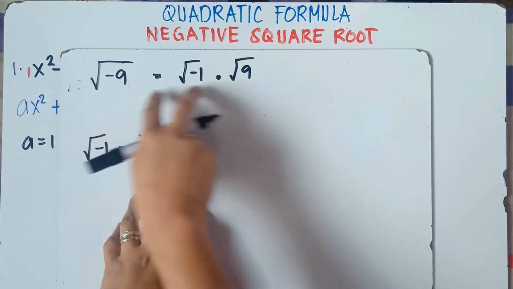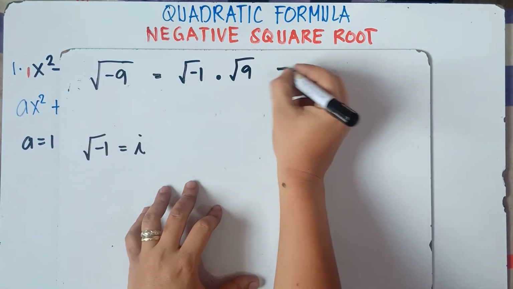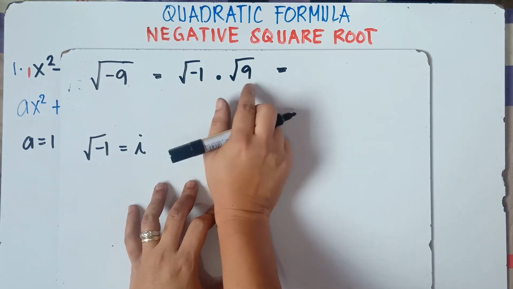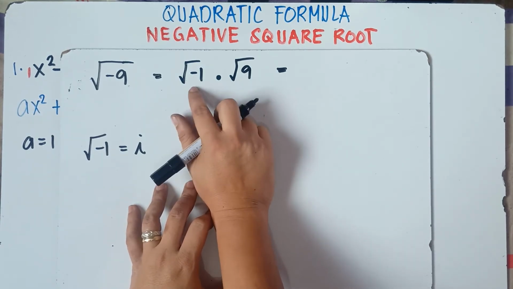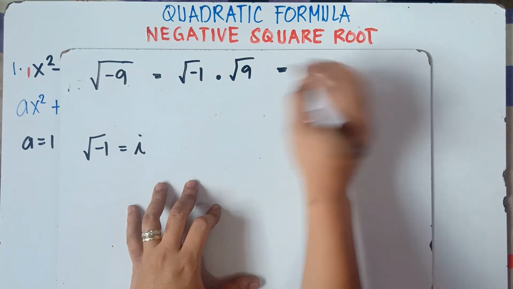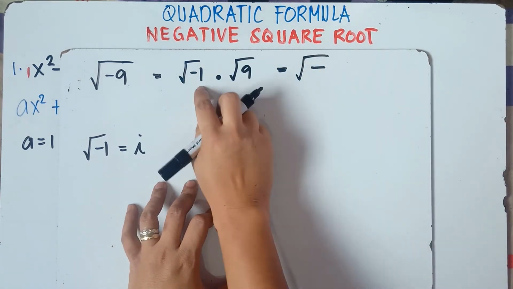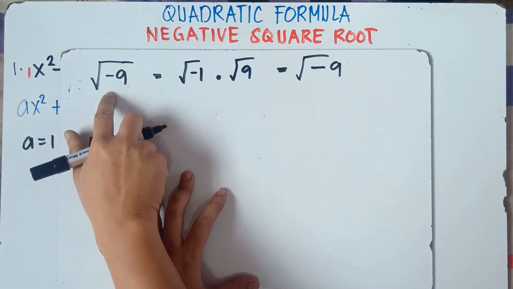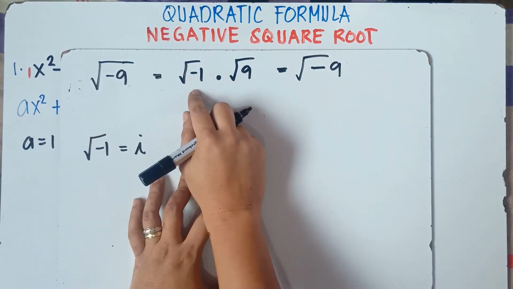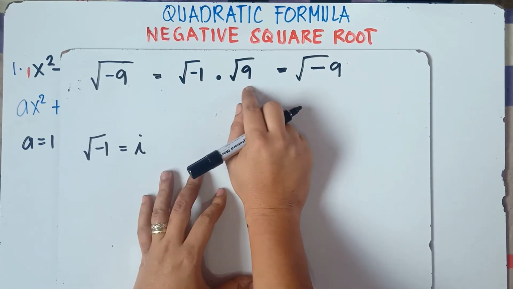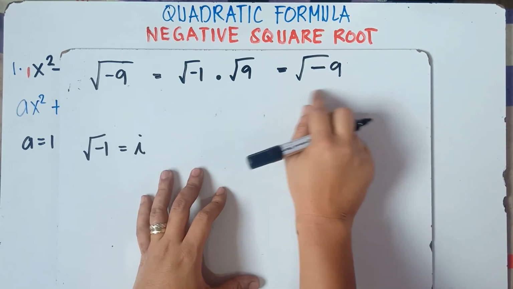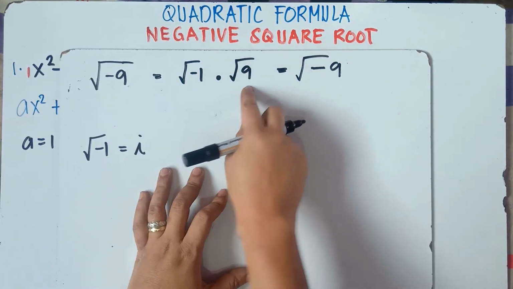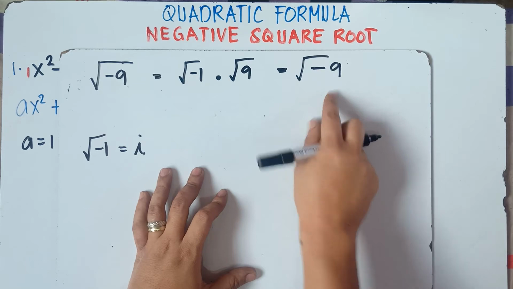Yep, you will get the same answer, because the square root of negative 1 times the square root of 9 gives the square root of negative 9. If the signs are not the same, negative times positive is negative, so simply copy the square root, then 1 times 9 is 9. So the square root of negative 9 you can write as the square root of negative 1 times the square root of 9. Once again, class, when you multiply negative 1 times 9, that would be negative 9. Simply copy the square root.